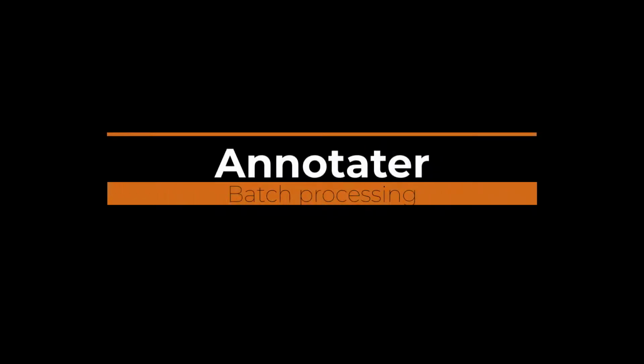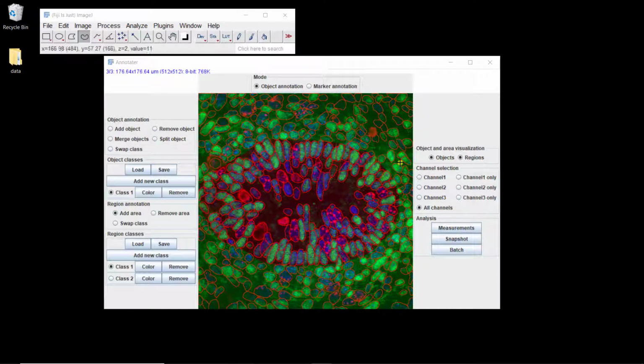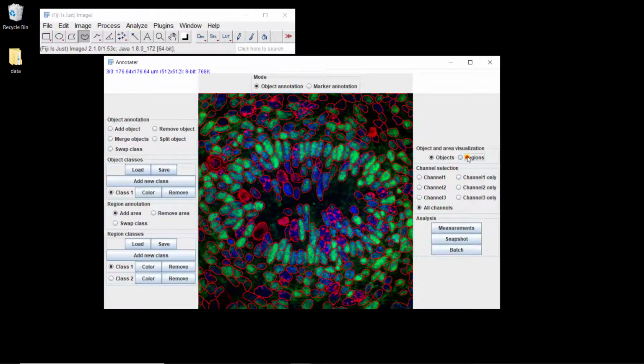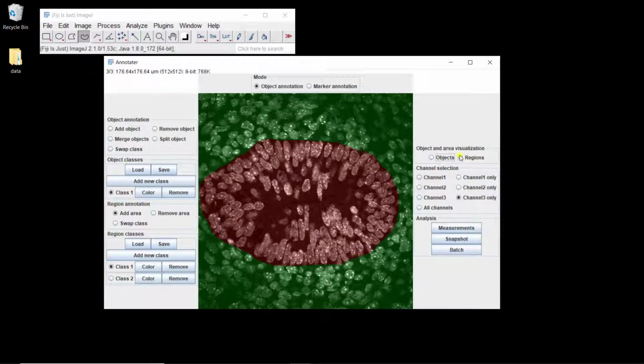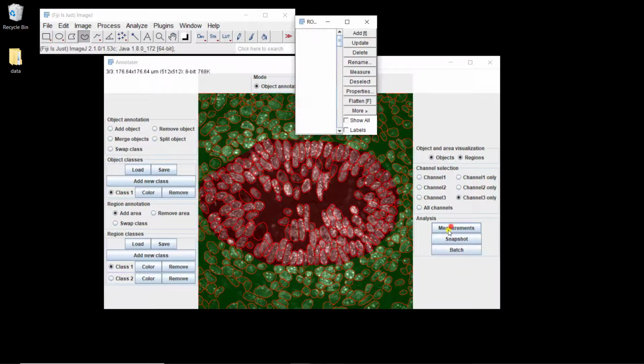In this video, I'm going to show you how you can batch process images with Annotater and extract features. So let's say we're back with this image. We have the nuclei that were segmented. We have the different regions, and already there you can have some measurements. If you hit measurements,